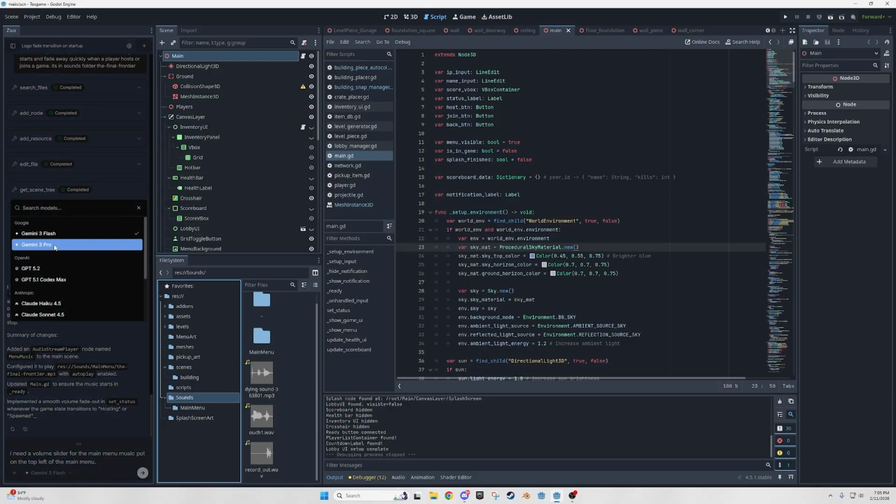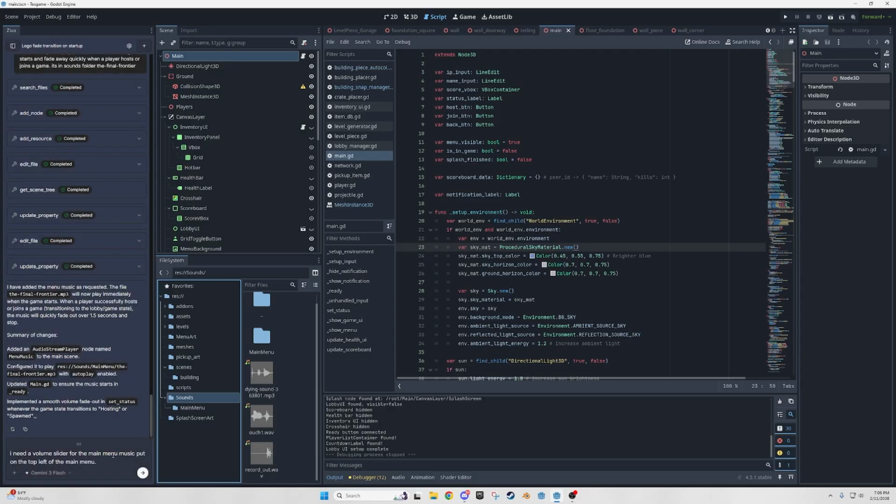Also, you've got different models here to work with. Some of the cheaper ones to use, and I'll go into what this costs in a second, but cheaper in terms of tokens, the amount of processing power it takes to do these prompts, are Gemini 3 Flash and Haiku. I usually use Haiku, but I was using Flash for a little bit. We'll just leave it on Flash for now. I can drop what this costs.